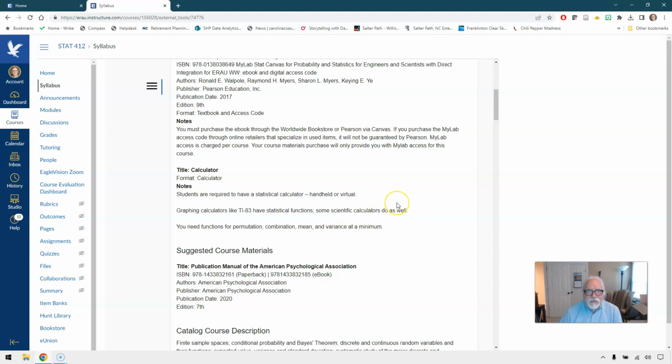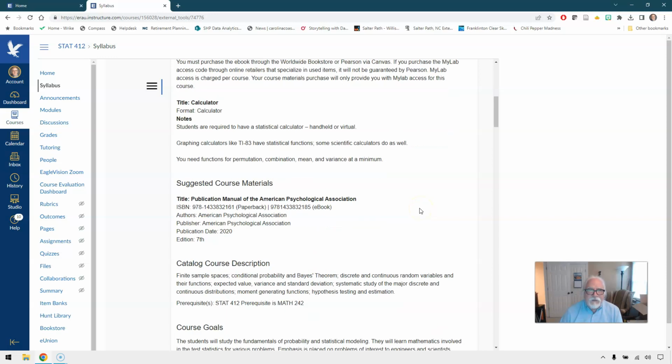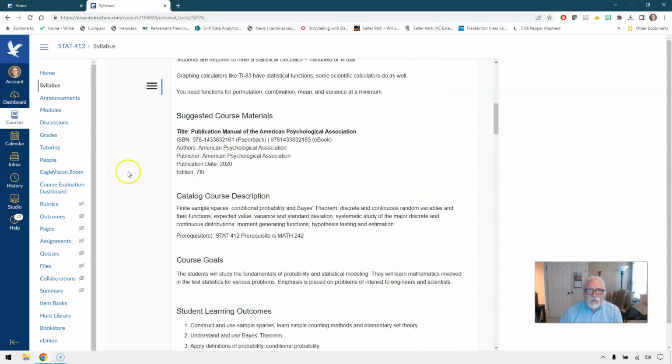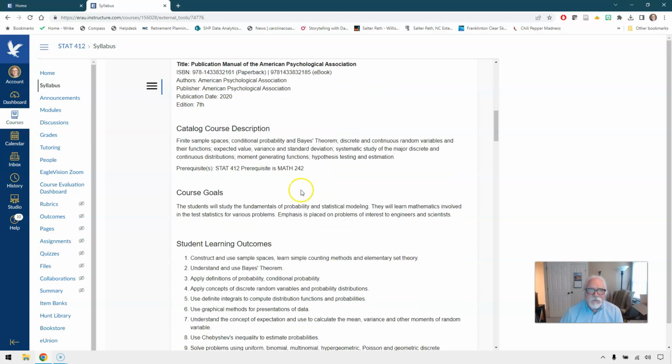You'll need a calculator, something like a TI-83 graphing calculator, and this suggested course materials. This is an ebook. There's a lot of information online about APA formatting for technical writing. This is our reference book. You don't really have to have a copy of the reference book. Catalog course description,